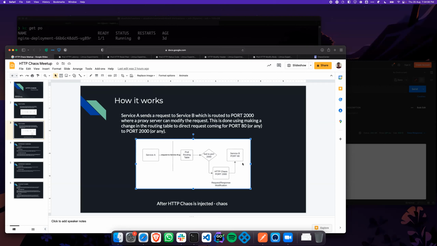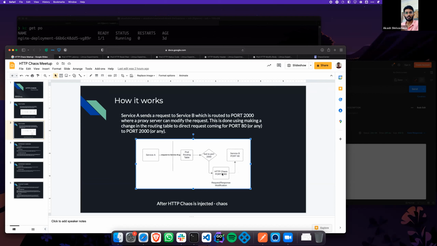Yeah, I think it's about resiliency, but they should get the response from the actual pod, right? Not from some mocking service, right? Yes, so that is what I was clarifying. We are not mocking service B here. We are already forwarding the request through this proxy server. So this proxy server will only modify the response as you want. If I modify the status code, it will only modify the status code. But whatever processing service B is doing, it will do as it is. So there won't be any change.